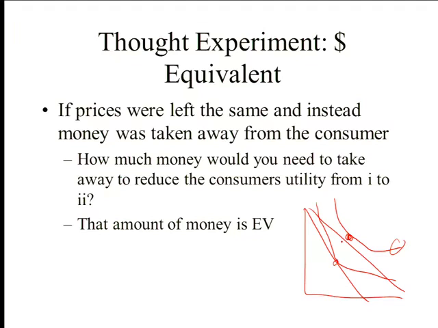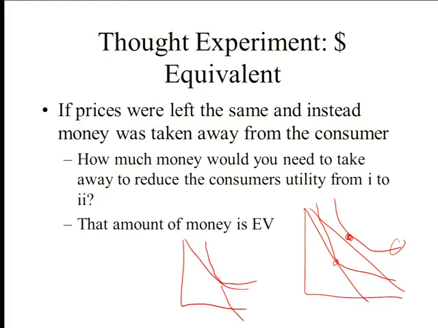Right? So we work off utility. We start off at a high indifference curve, high level of utility, high level of happiness. We do something evil. We raise prices. Consumer ends up less happy. I can't measure the amount of happiness, can I? But I can ask the thought question, what if, instead of raising the price,